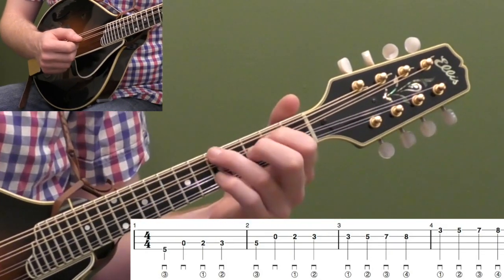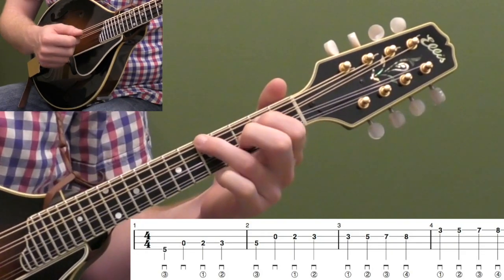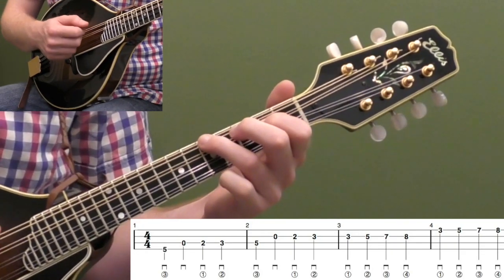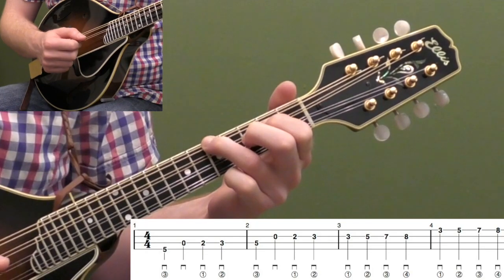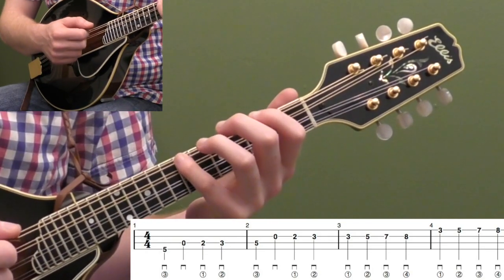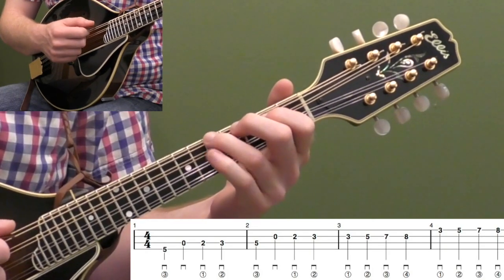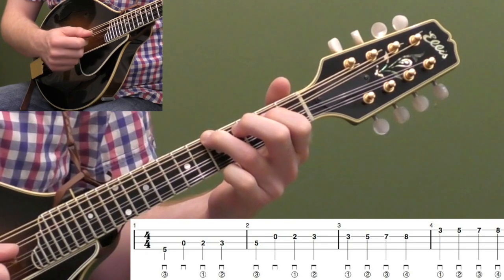So we're going to take our 3rd finger down on that 5th fret of the G string, right where you were in that chop chord. That's going to be our first note. That's our C, our root note. Then we're going to play the open D string, or you could play the 7th fret on the G string. It's going to be the same note. So you've got 5 on the G string, open D,